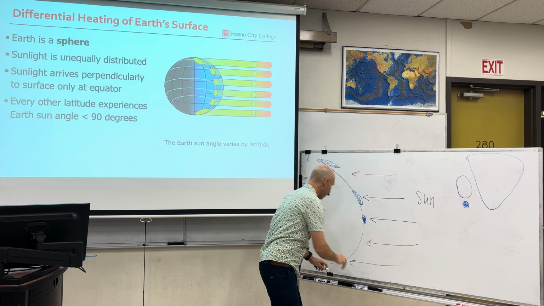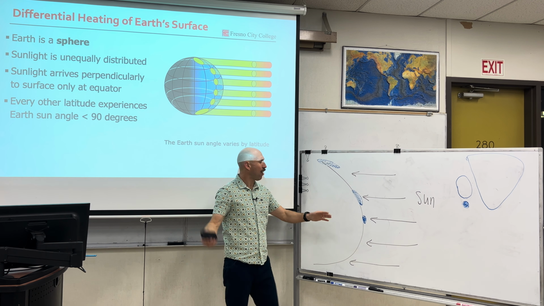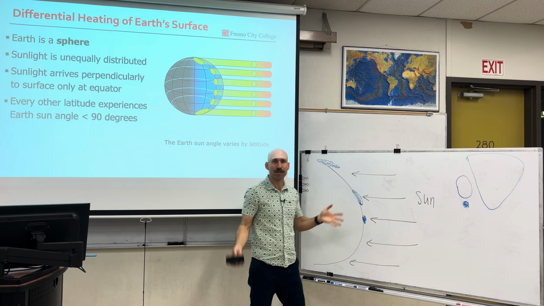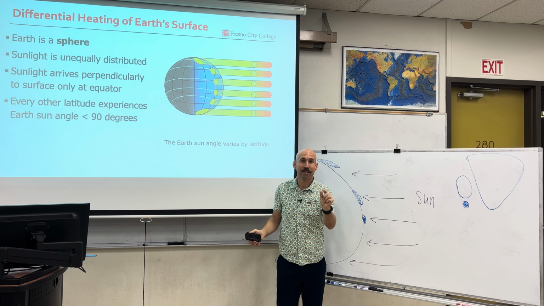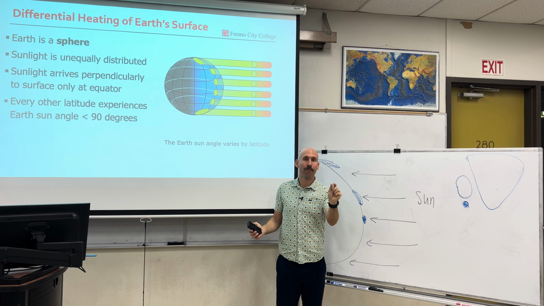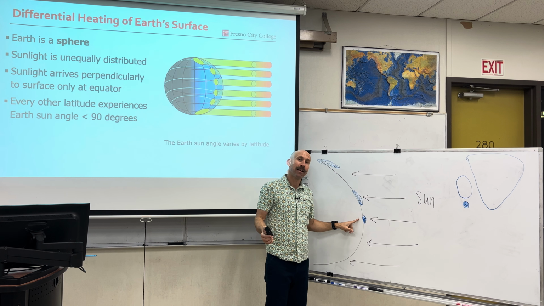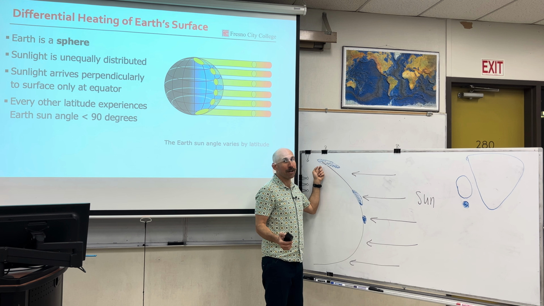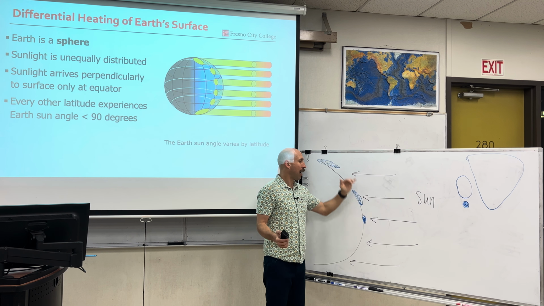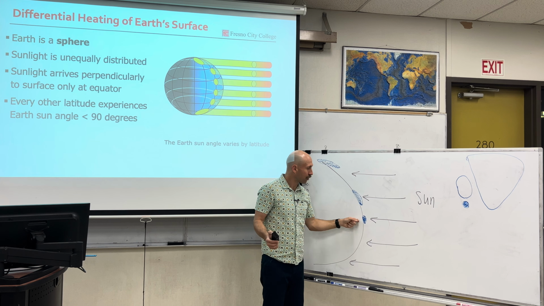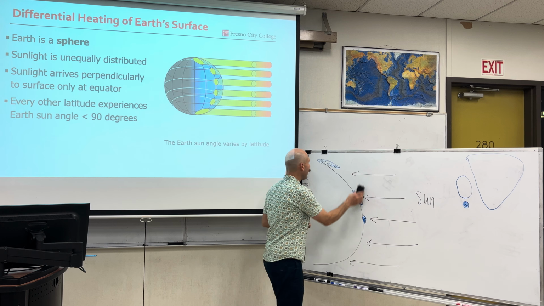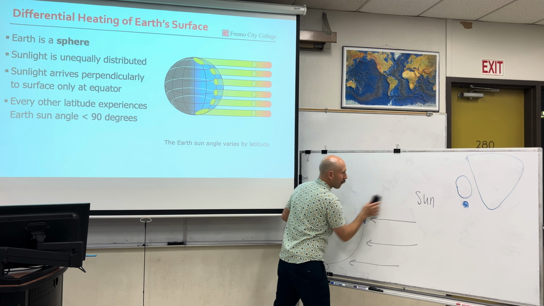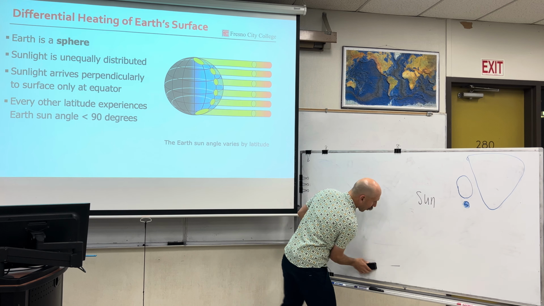So this is a very important component. Intuitively, we know it's hot at the equator and it's cold at the poles. But why is it hot at the equator and cold at the poles? Because of the Earth-Sun angle, and energy from the sun is more intense at the equator, creating more heat than it is at the poles, where there is less heat, leading to a heat budget system where there's a surplus at the equator, a deficit at the poles, and Earth's oceans are responsible for transporting heat, helping Earth to maintain stability in climate. Okay, cool.